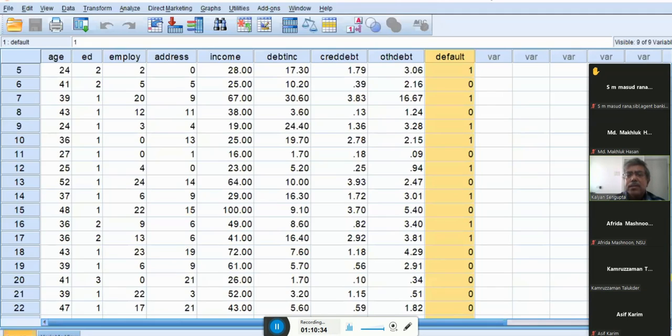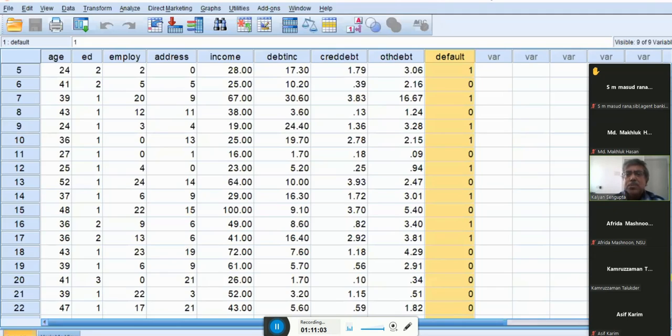You see, there is a thing called save. If I click on that and say predicted value, whether 0 or 1, I can simply fill it in. If I go to the data, you see a new column has been generated: the predicted value.